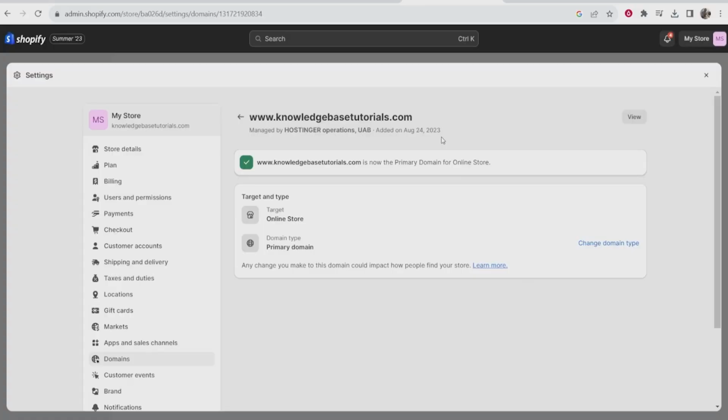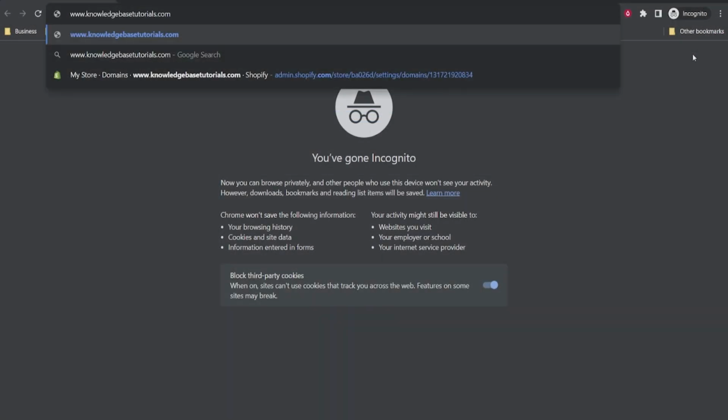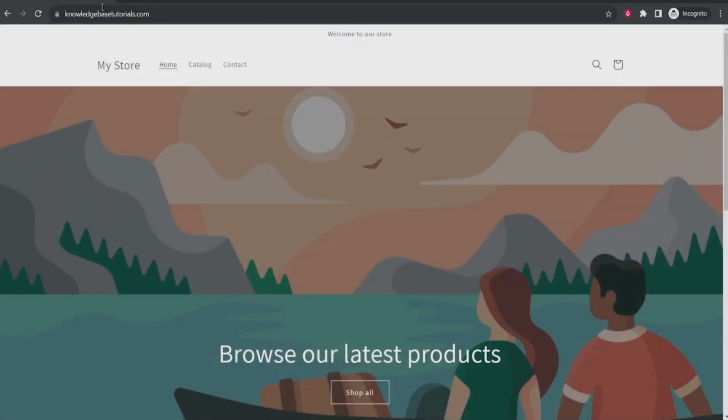We don't need to go back, simply copy the www.knowledgebasetutorial.com. Once you copy it, I will open incognito mode, and here paste it. After pasting, hit enter. Once you do, as you can see, it will be redirected to my Shopify store. Now my Hostinger has been connected to my Shopify store, and